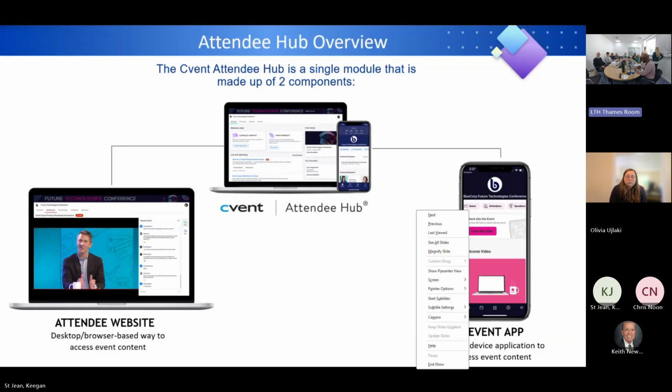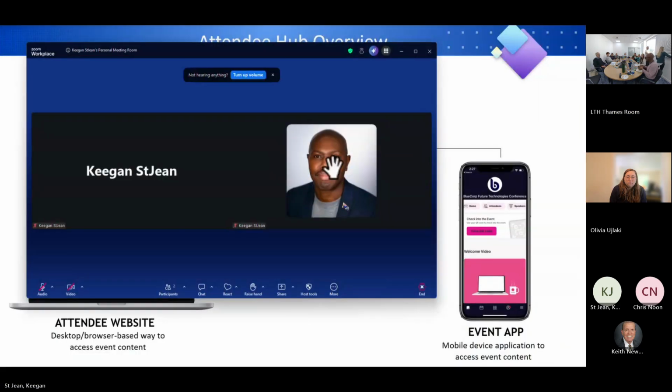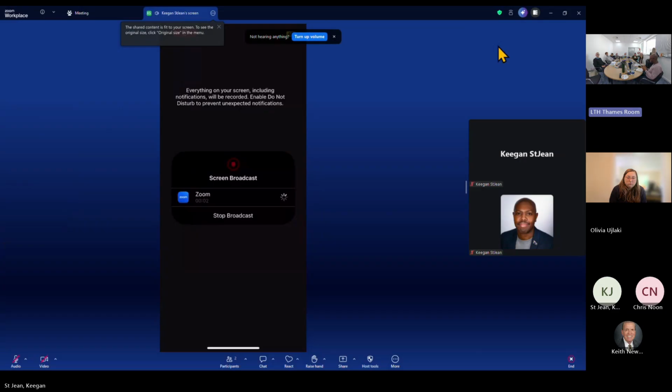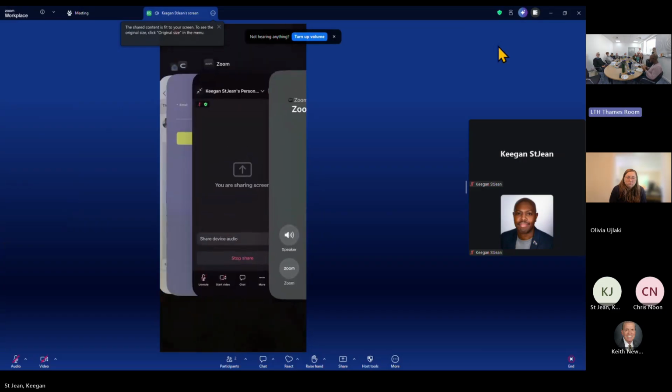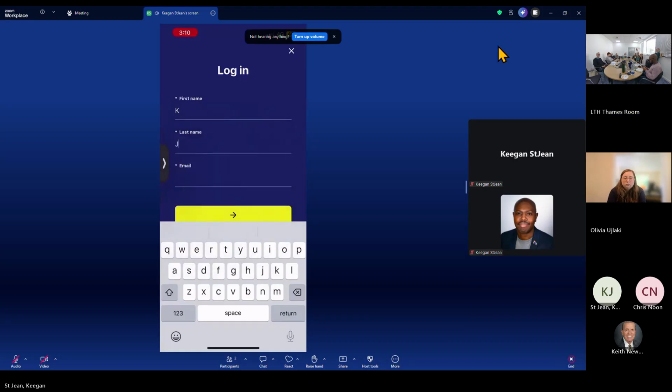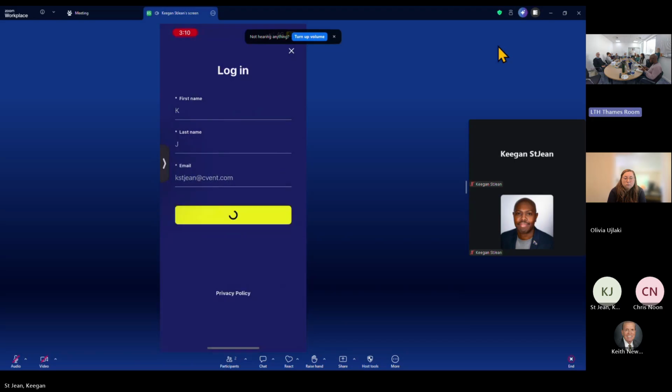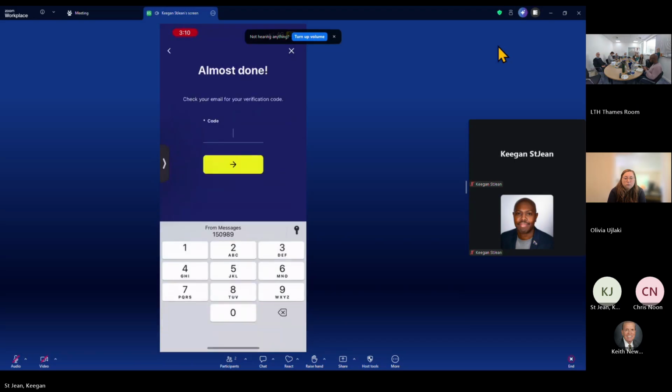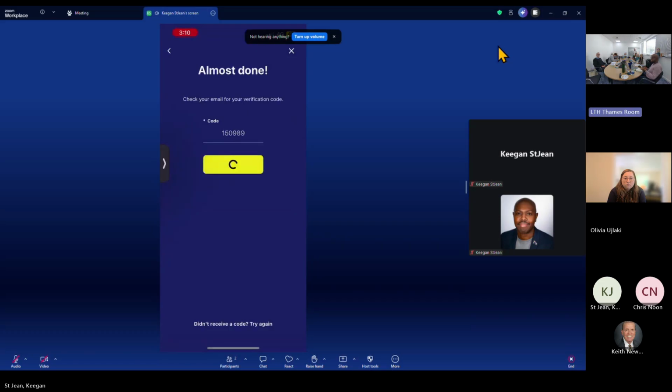Okay, so let me just go into Zoom. This is literally gonna take 2 minutes. I'm gonna time myself. So this is the exact same information that you would have seen on the attendee website, right? It's the same event. So I'm gonna log in. Once I log in, I'm gonna get that verification code. Then once I have logged in,